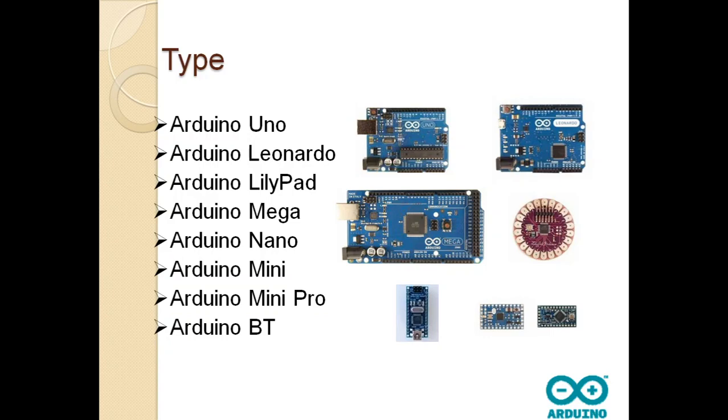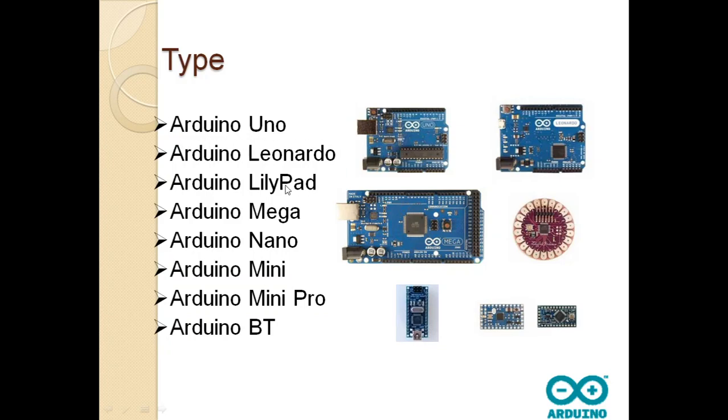Arduino, as you will see as part of your ATL kit, comes in different sizes, or rather different types. One of the very commonly used Arduino boards is Arduino Uno, which you would have seen as part of your ATL kit. Then we have Arduino Mega, and we have Arduino Nano. So on this side there are different kinds of Arduino available.